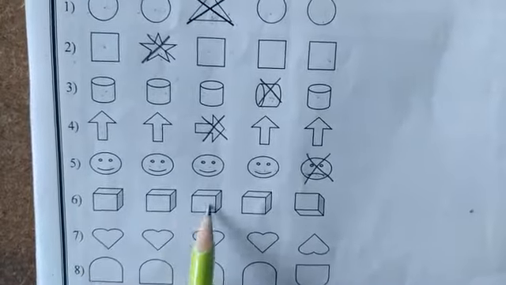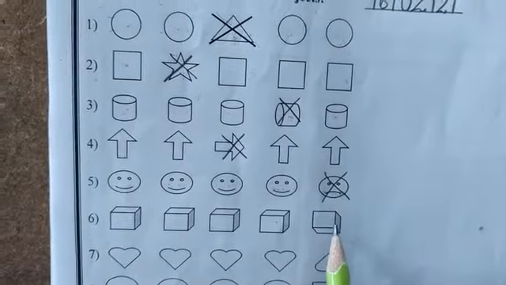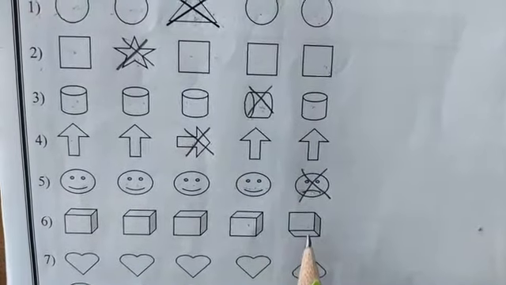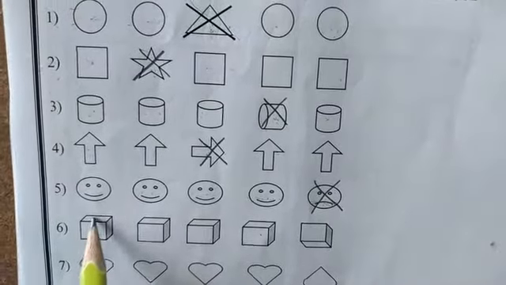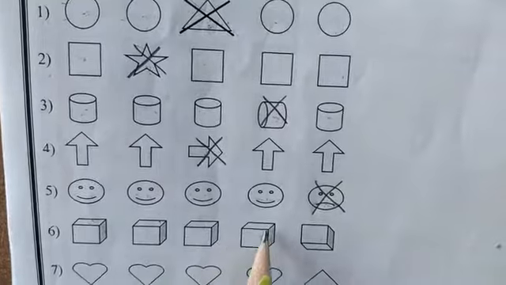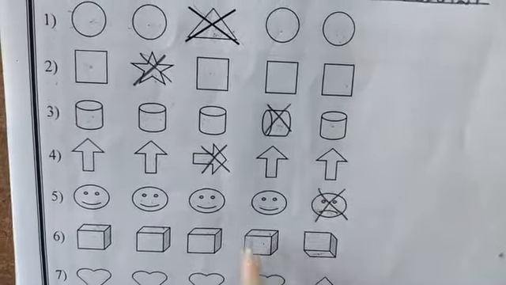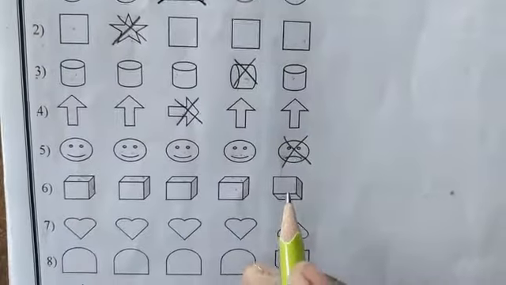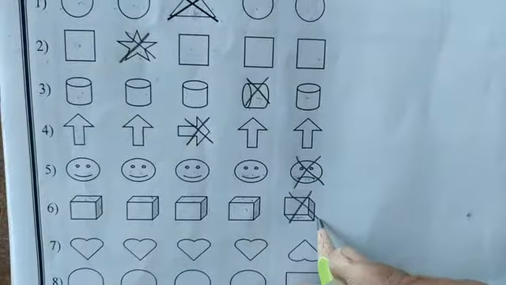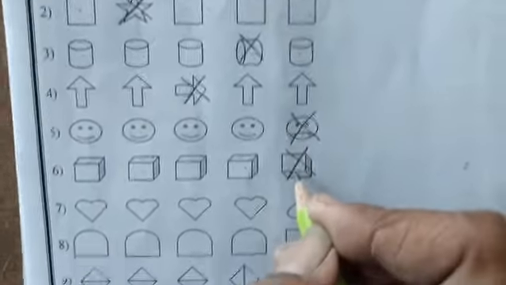Now look at here. These objects are same. Okay. But these objects only given wrong side. मतलब यहाँ देखो ये सब सेम है, सेम साइड पे, सिर्फ ये है जो अलग है. यहाँ पे सब ऊपर है ऐसा और यहाँ नीचे है. दिस वन ओनली रॉन्ग, odd. So we have to cross out on this object.